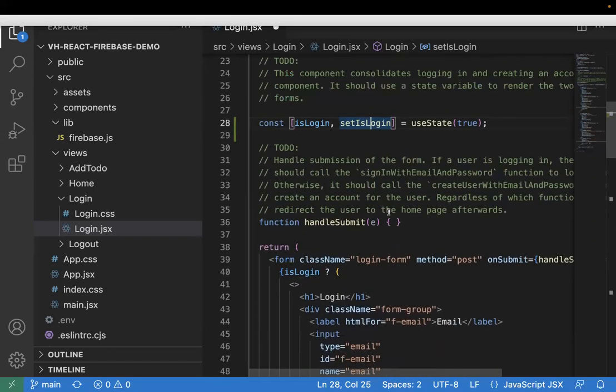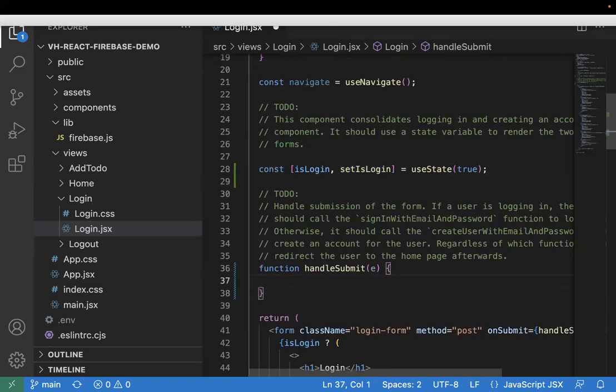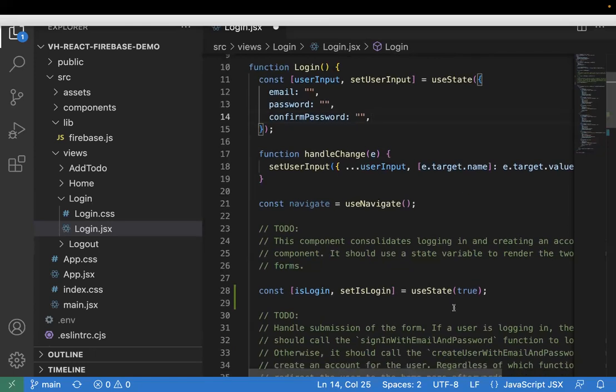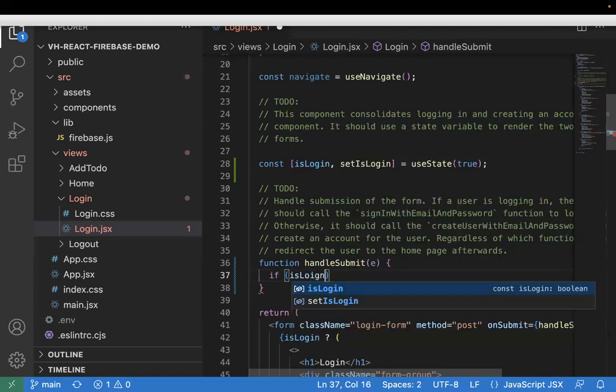But what we want to focus on is this handleSubmit function here. What it's supposed to do is take what's stored in here, right? Because I've made it so whenever a user types in information, it automatically updates the values here. So let's take care of that first. Again, we want to make sure whether a user is logging in or not, right? So let's do a conditional. So if a user is logging in,